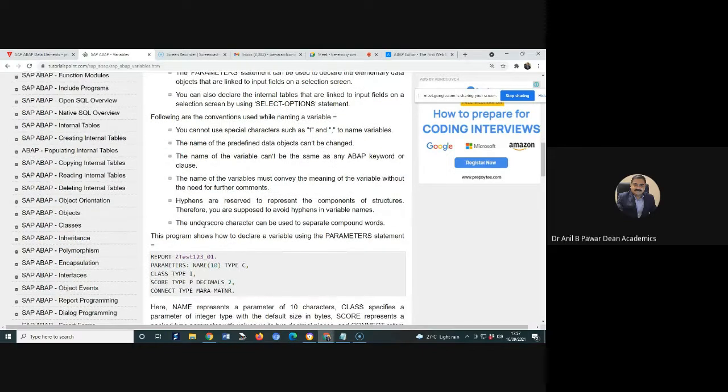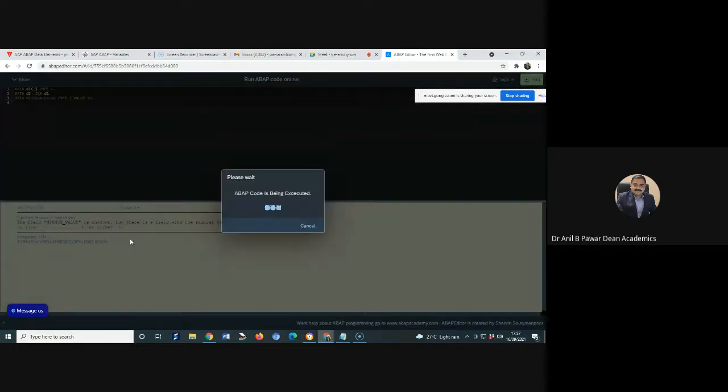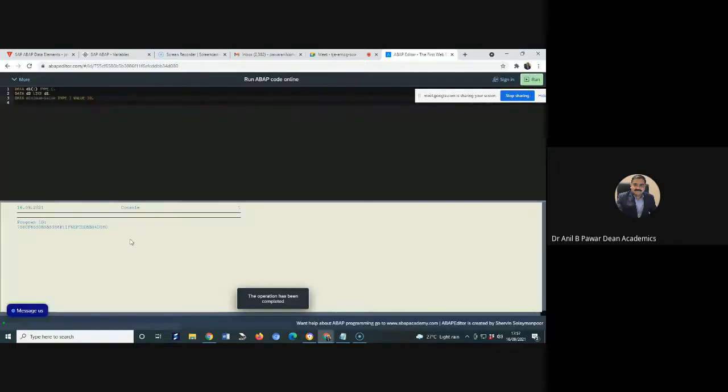Then the underscore character can be used to separate compound words. In this scenario, when I used minimum underscore value, it is a valid variable name, so I was not receiving any error here. But if I try to use minimum hyphen value type I value 10, then definitely my compiler or this editor will go with certain errors.